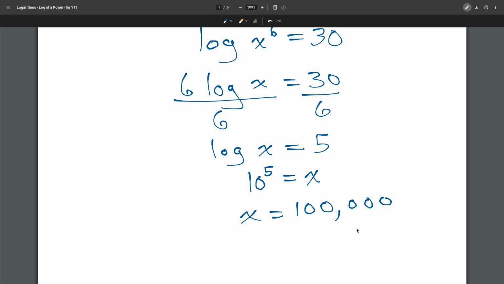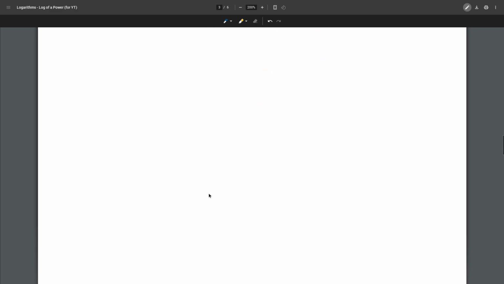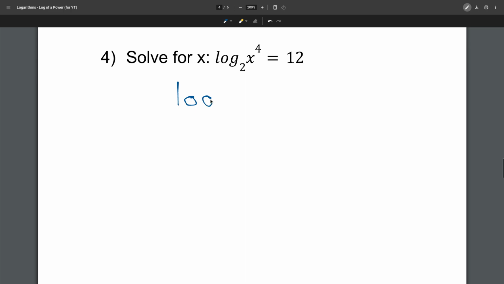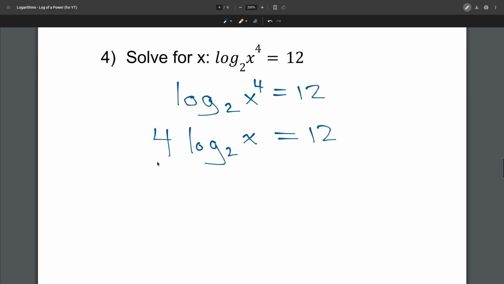Okay, let's try another one. This next one, we're solving for x. Log base 2 of x to the 4th power equals 12. Use the log of a power property to rewrite this as 4 times the log base 2 of x equals 12. Okay, then divide both sides by 4. And we get log base 2 of x